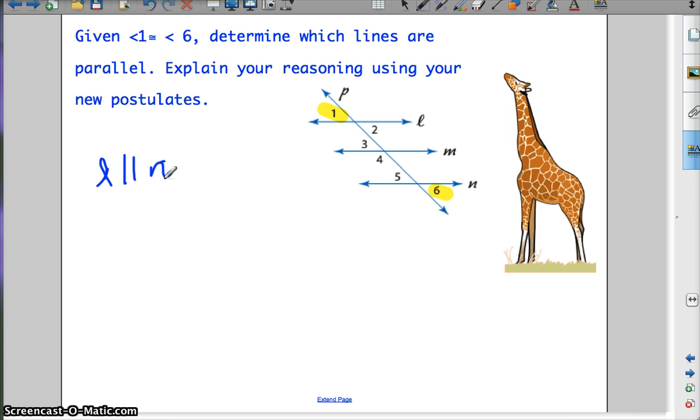And why is that? Why can we say that? What's our reasoning behind that? What theorem? Look through your packet, and it is the alternate